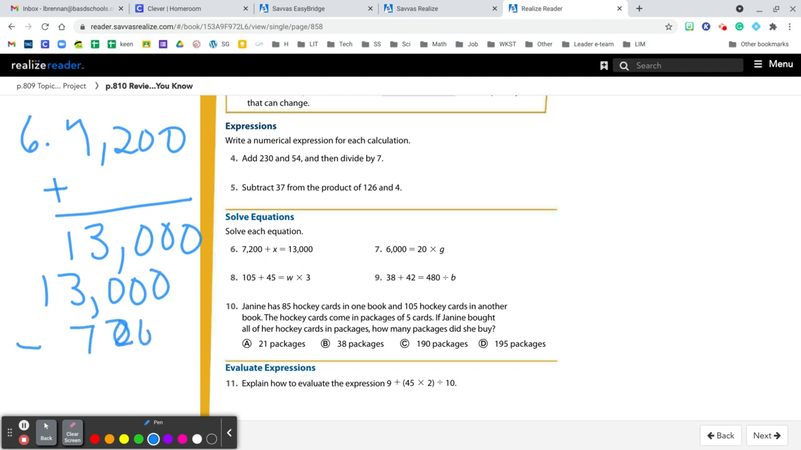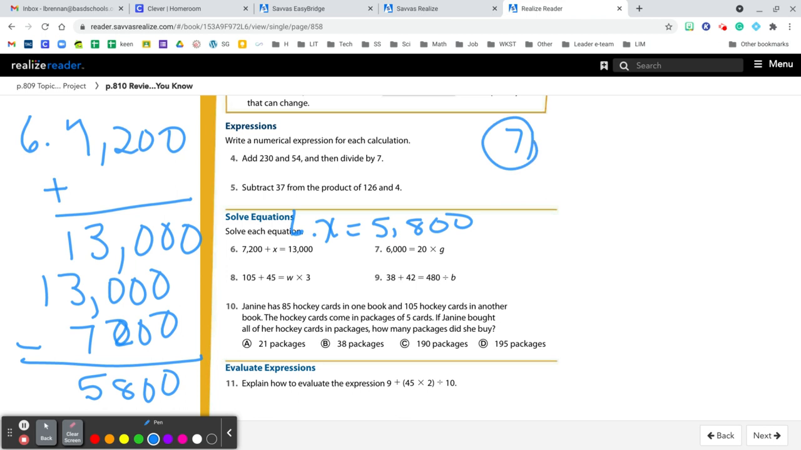And when we subtract, we get 5,800. So x equals 5,800 for number 6. For number 7, we have 6,000